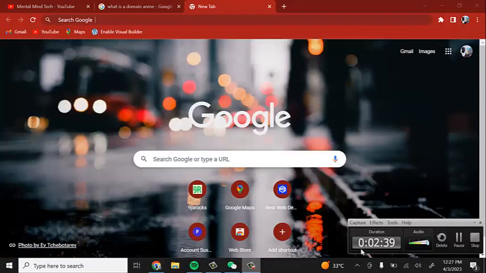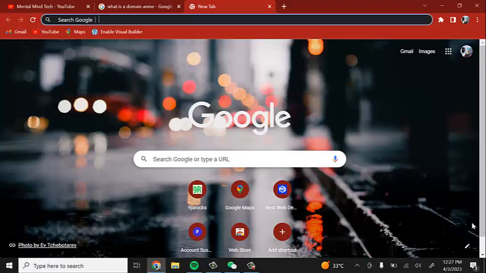And when this website comes up on your screen, it's going to take you over to the Google search engine where you can search for anything you want. So you can see the name google.com. It is short, it is easy to pronounce, and it contains their company's name. That's how a proper domain name is supposed to be.